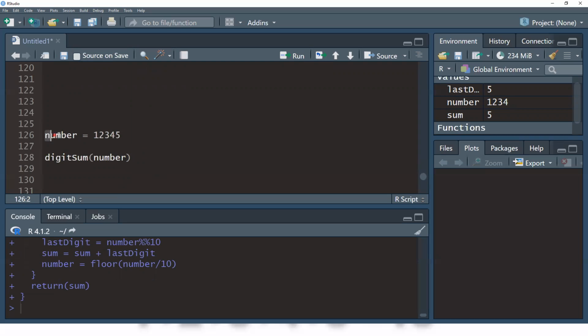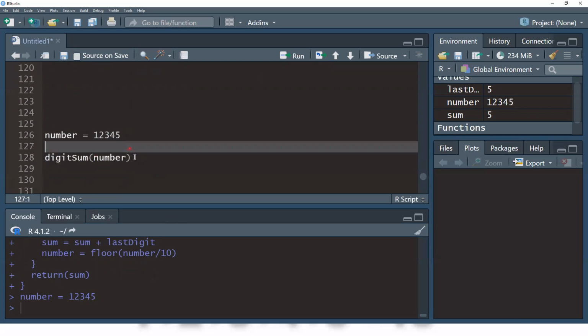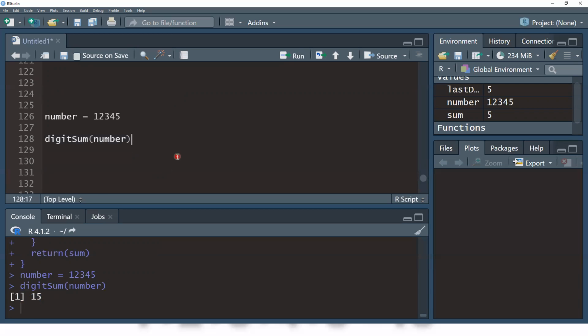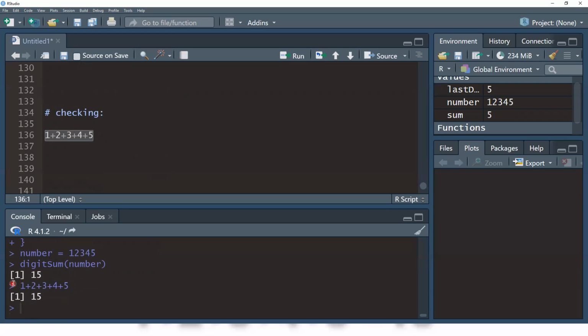So if we tell the computer, okay, I'm giving number 1, 2, 3, 4, 5 here, what is the digit sum? That should be 15, right? That returns 15 here, right? Digit sum, just use this function, right? We know that. We already checked it, right? 1, 2, 3, 4, 5. Sum equals 15, right? Sum equals 15.